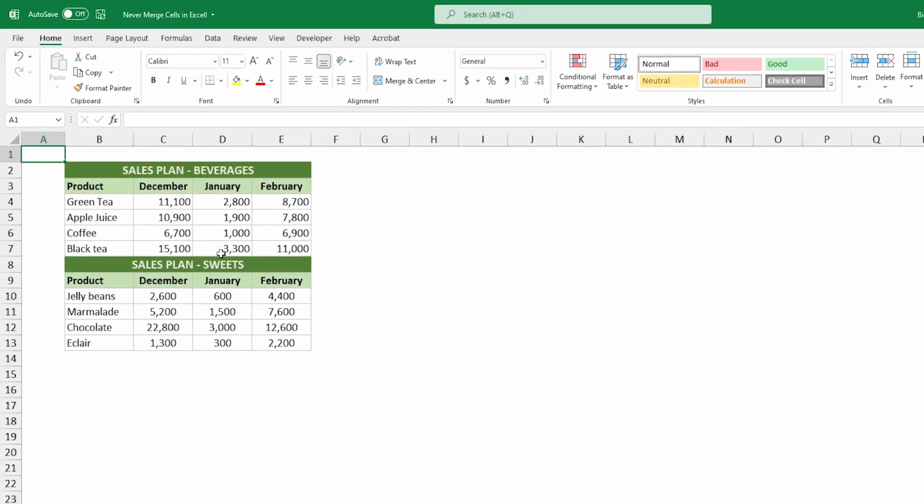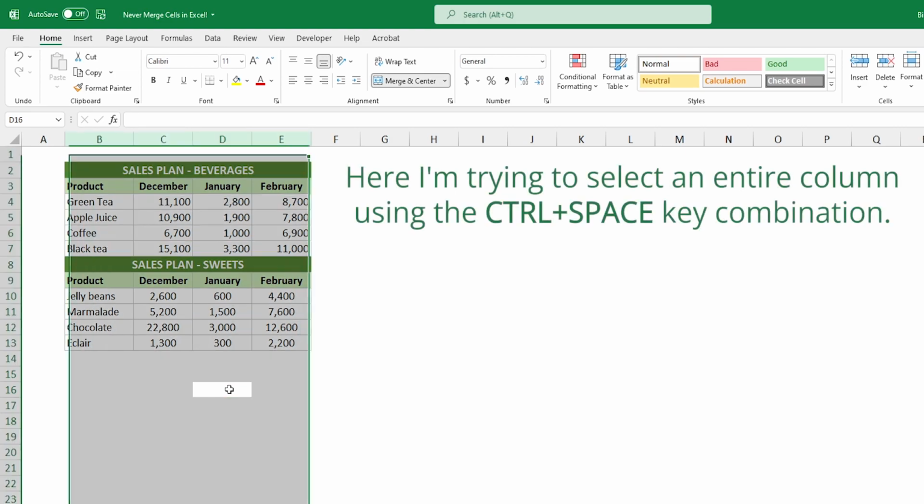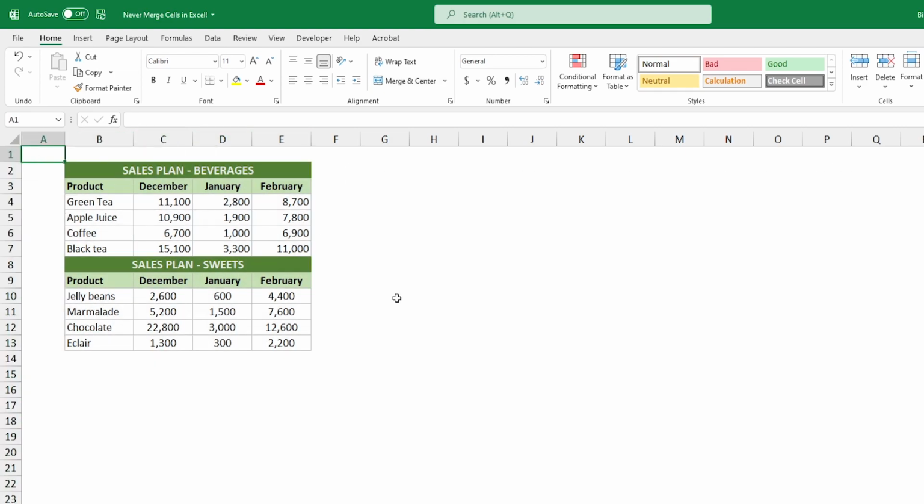The merge and center command can also cause problems when working with key combinations, writing formulae, or creating macros in VBA. That's why I recommend that you always avoid merging cells. It really only complicates the subsequent analysis and processing of data in Excel. And if you need to center the cell content exactly like this, then better use the following approach.